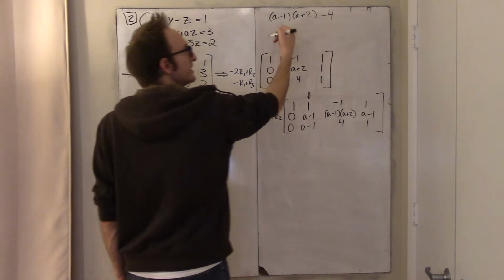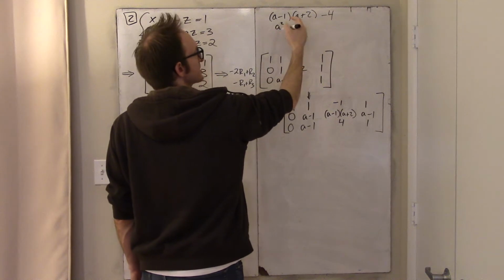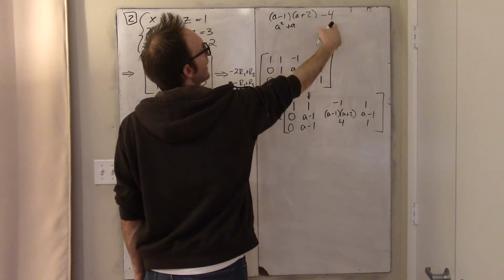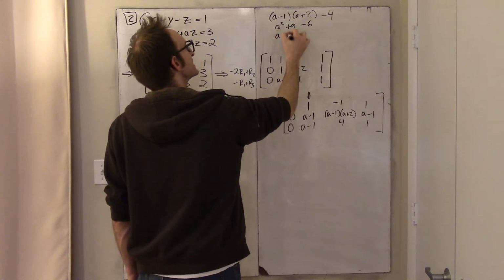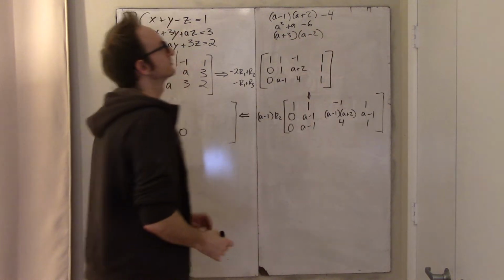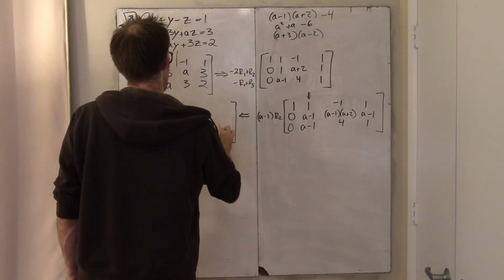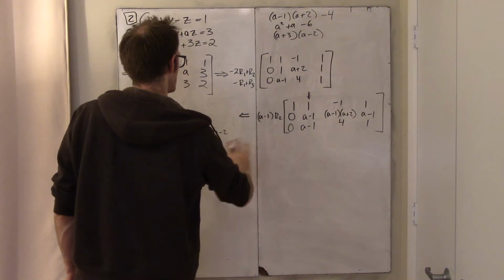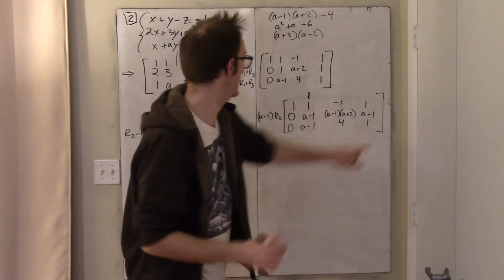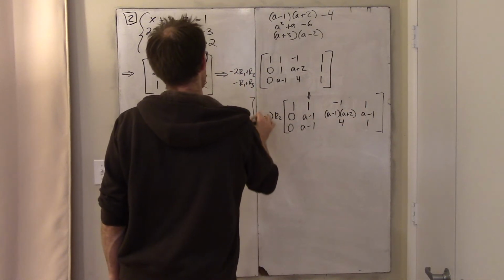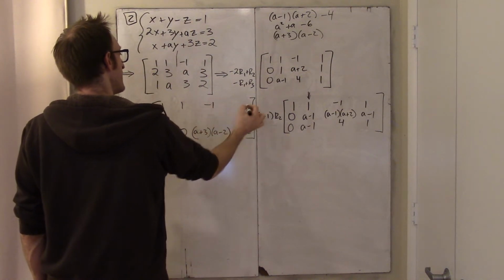Alright, well, I think the only thing to do is to multiply this out and see if it simplifies. So that gives me a squared plus 2a minus a, so that's plus a, and then minus 2 minus 4. So altogether minus 6. And actually that can be factored as a plus 3, a minus 2. So this right here is a plus 3, a minus 2. Might need a little bit more space here. Because then this will be a minus 1 minus 1, so that's a minus 2. Okay, and I didn't do anything to this first row, but for the second row